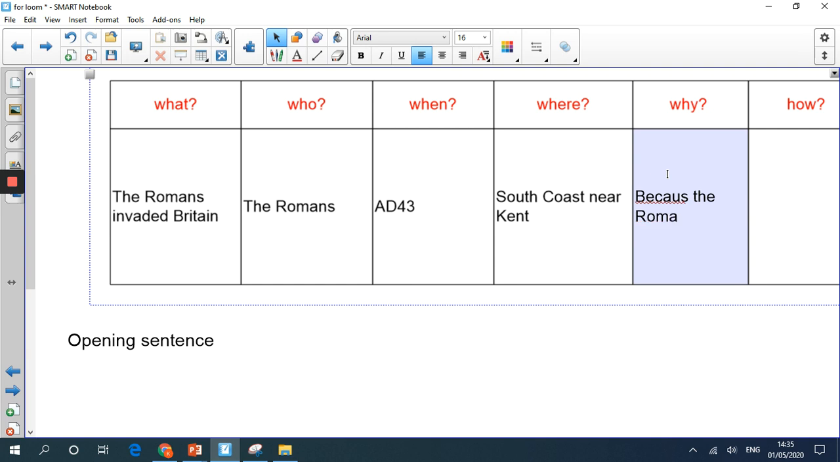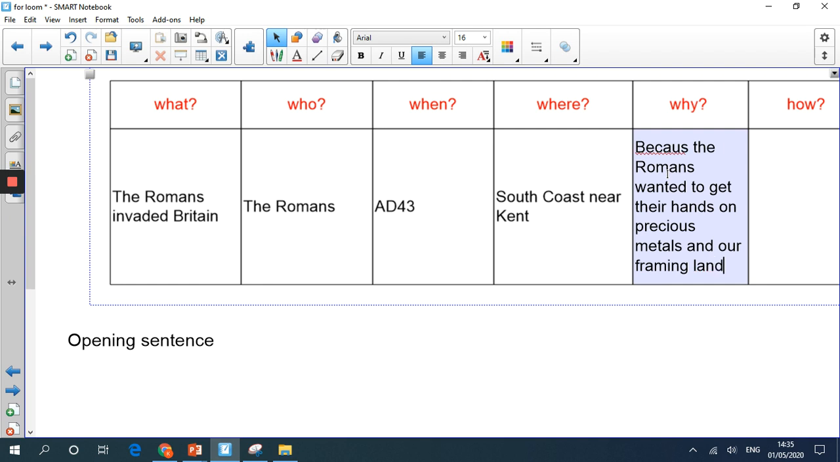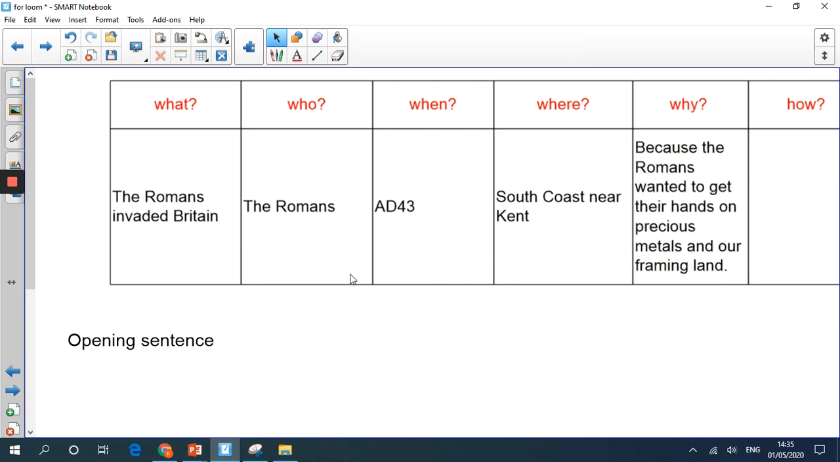the Romans wanted to get their hands on precious metals and our farming land. The Romans had already invaded quite a lot of Europe already, and yeah, they wanted England too. Why not? What, who, when, where, why, and how. Now, how? Well,